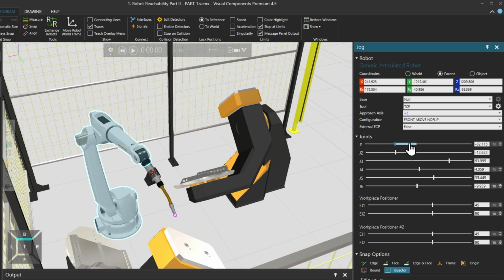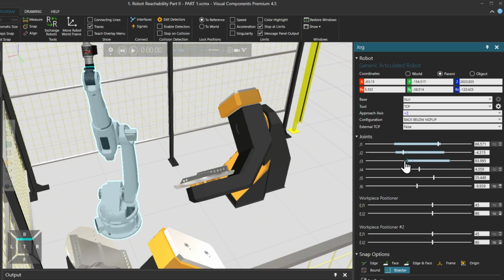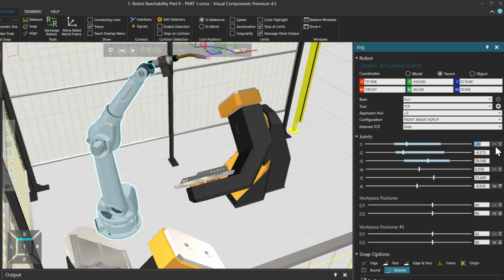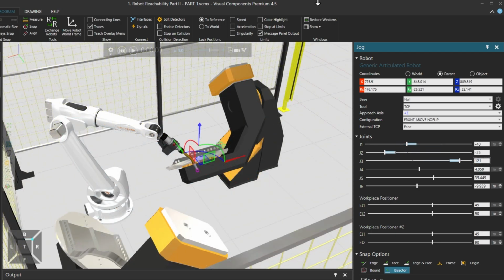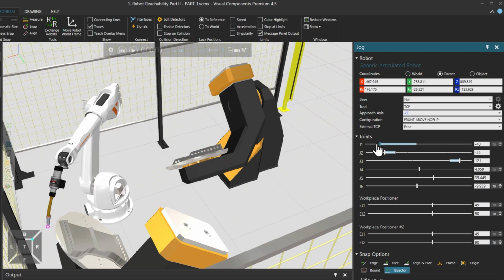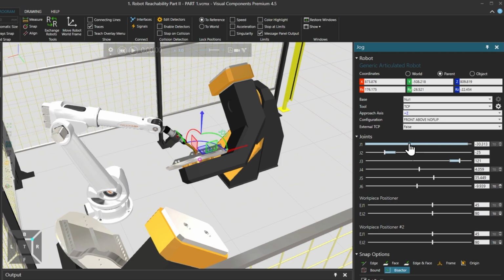And when you interact with the robot joints using the sliders for joints J1 to J6, you can see the joint values change. And by double-clicking with your mouse, you can select the joint value and input your own. Now we can check the joint limits of the robot. Joint J1 has a limit of -180 degrees to +180 degrees, which you can see if you place your mouse cursor over the slider control. And to test these values, you can move the slider to the maximum left and right positions.